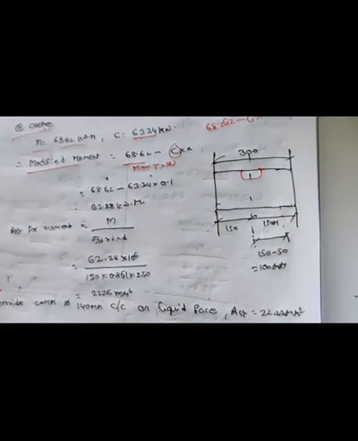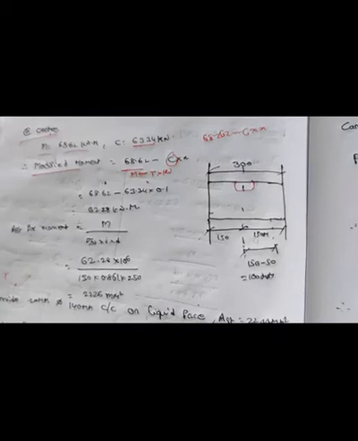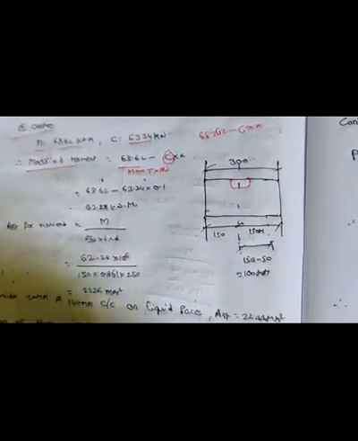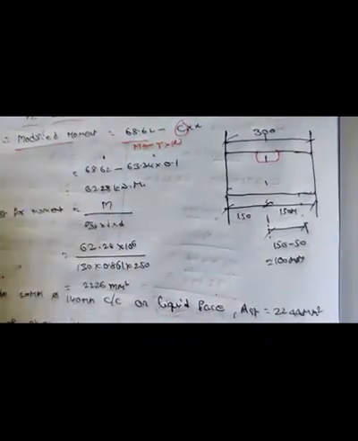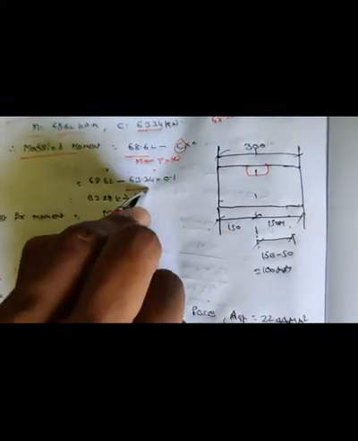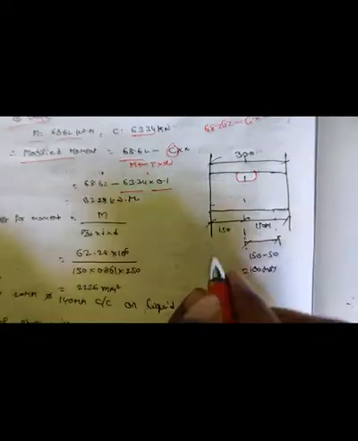Before, in my design of rectangular water tank resting on ground, you will see T into X. But here, as it is in compression, it will be C into X. So now 68.62 minus compression value 63.34 into 0.1. How will this 0.1 come? I will say now.